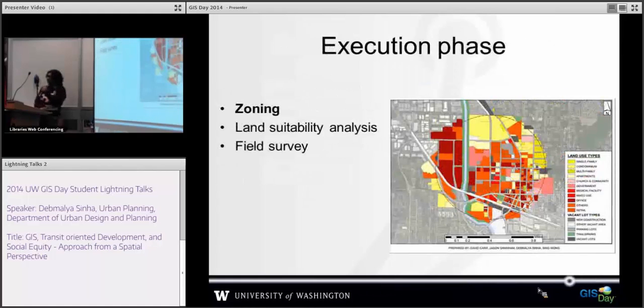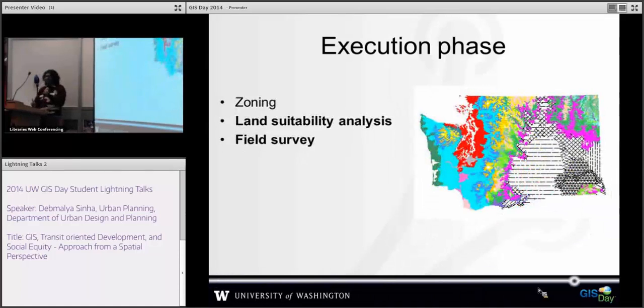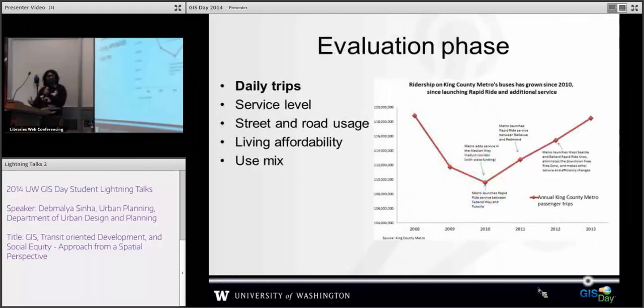Okay, so for urban planners, we always first look at the zoning. What's the particular zoning of a parcel or an area, whether there is a lot of commercial or residential, or there is a good mixing of the proportion. Also you go for the land suitability analysis: what you can accommodate within the area, and whether the land that's built there is utilized perfectly or not. You also go for the field survey of the existing condition right now, and reflect it when you are taking the decision.